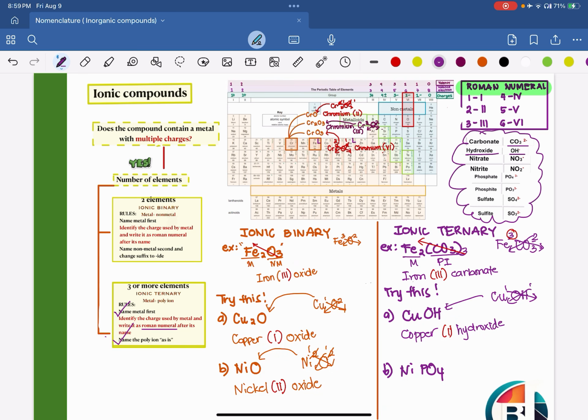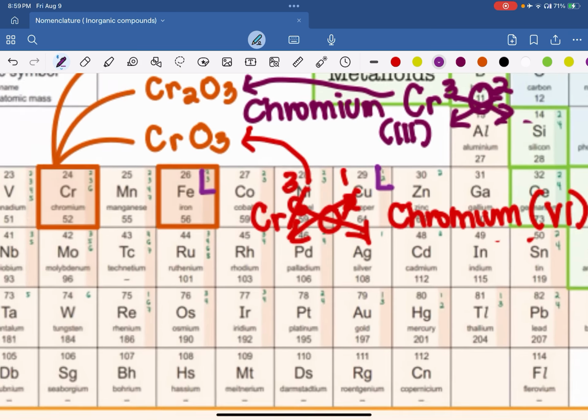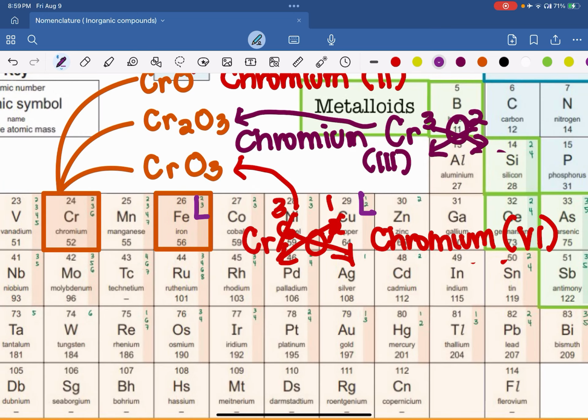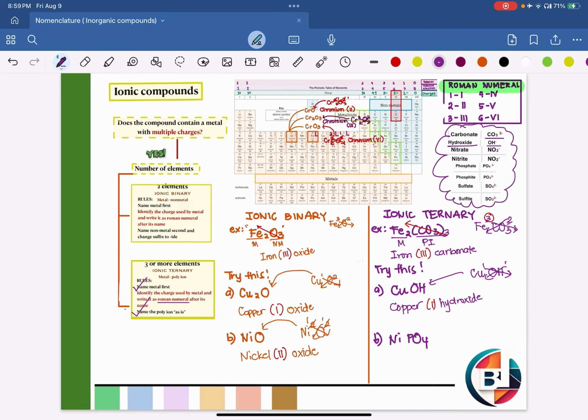Lastly, we have nickel. The possible charges of nickel are 2 or 3. How will we know it? Again, go back to the charge of your polyion. In this case, it has a charge of 3. So analyzing between 2 or 3, nickel here has 3. So you can further simplify it, 1 to 1, then crisscross, then you will have this compound.